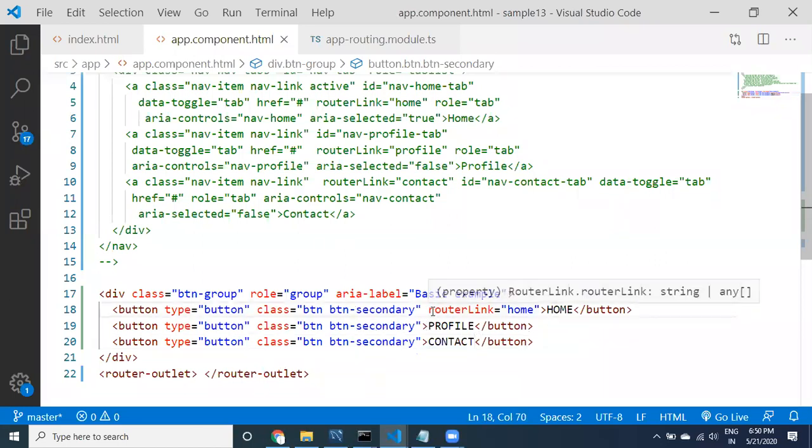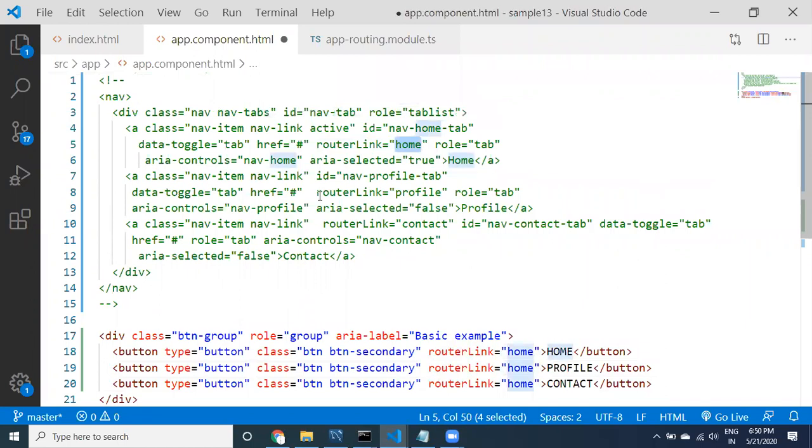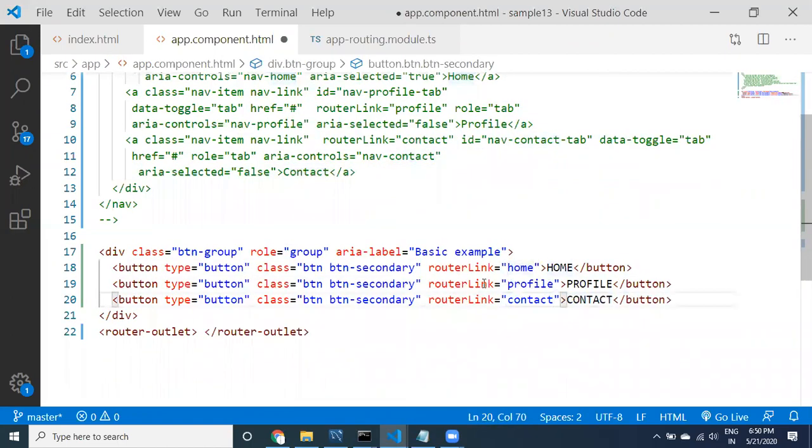Home, router link profile, contact. See here, guys, if I click on home, the home component is displayed.